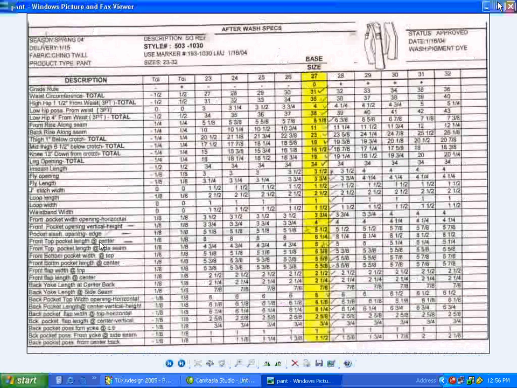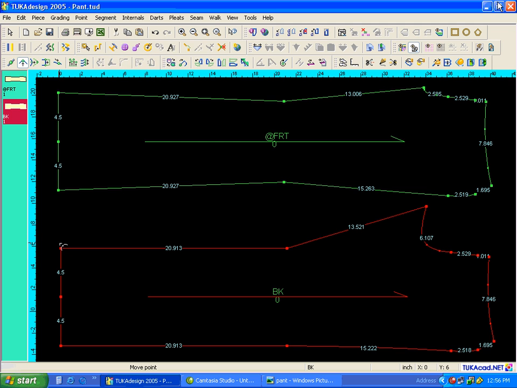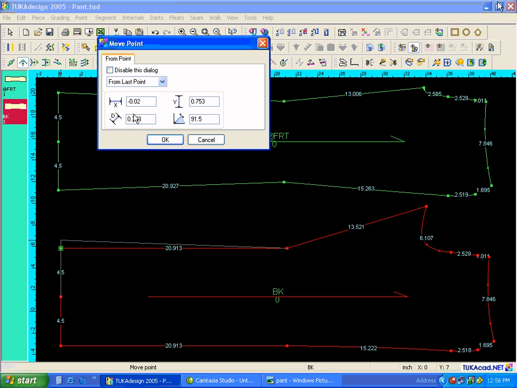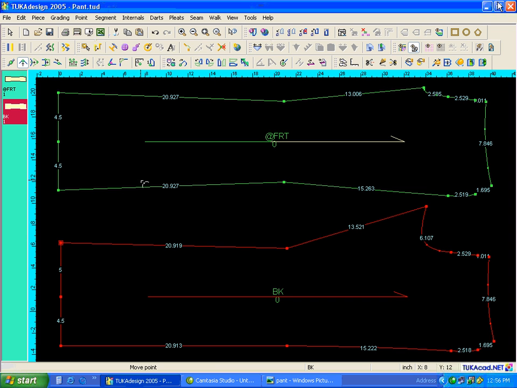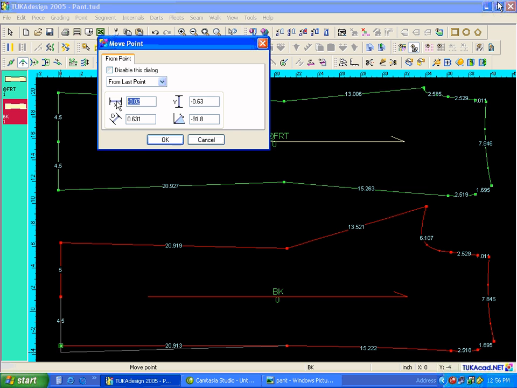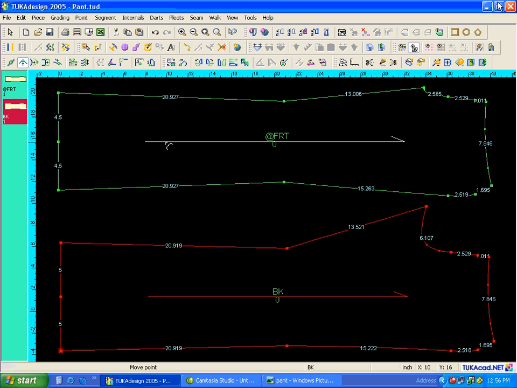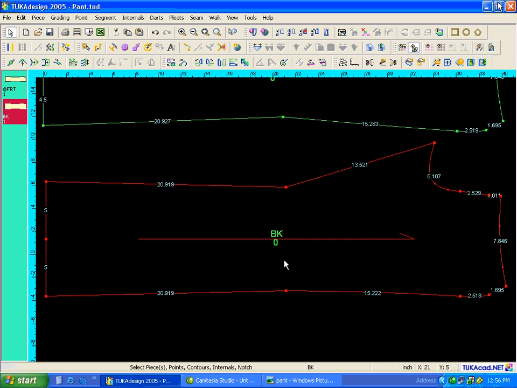Now going back to the spec sheet, we need to put that 1 inch back into the leg opening. So with the move point tool, I'm going to raise this point up 1/2 inch, and we put the other 1/2 inch on the other side. So this will give us a total of 19 inches leg opening. So once we have all our measurements in place,